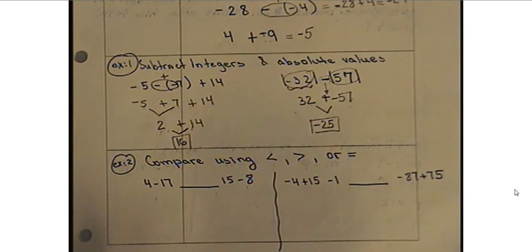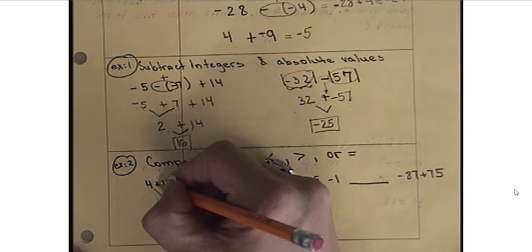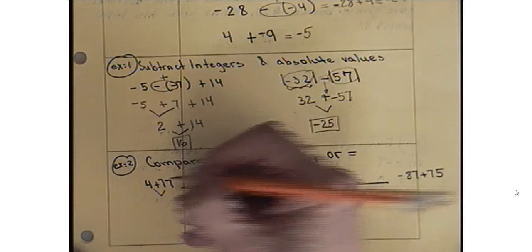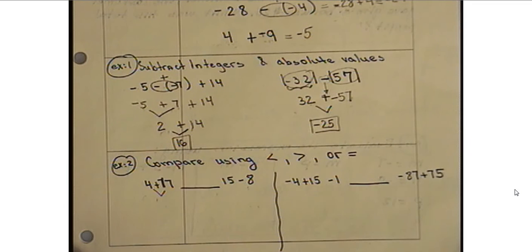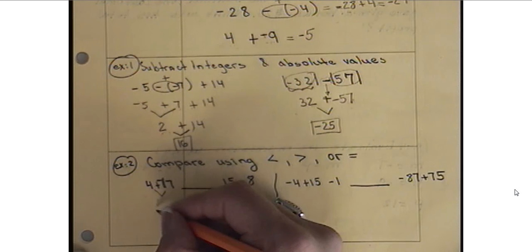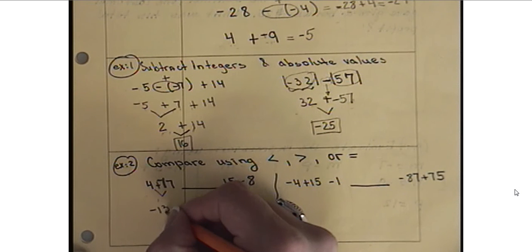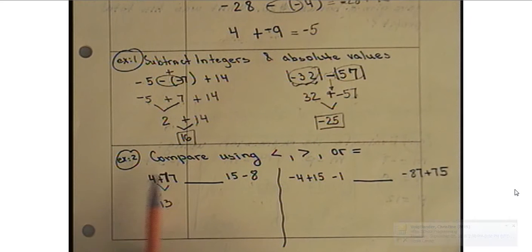We have 4 minus 17. Well, we change this to plus and this to minus. So we have basically 4 plus negative 17, which will be negative 13 as the answer. 17 minus 4 is 13, and the larger number has a negative sign. Next one